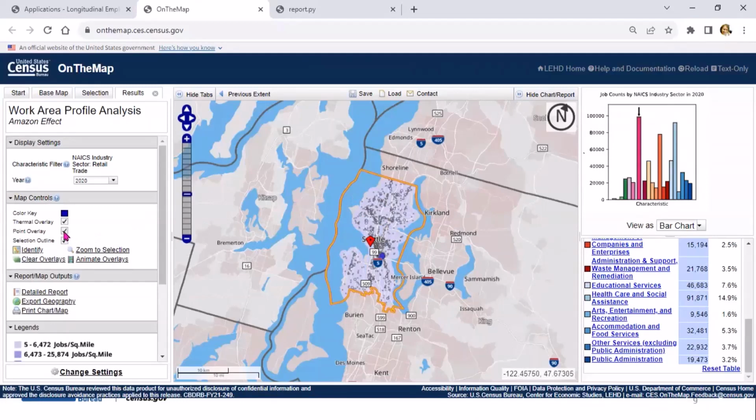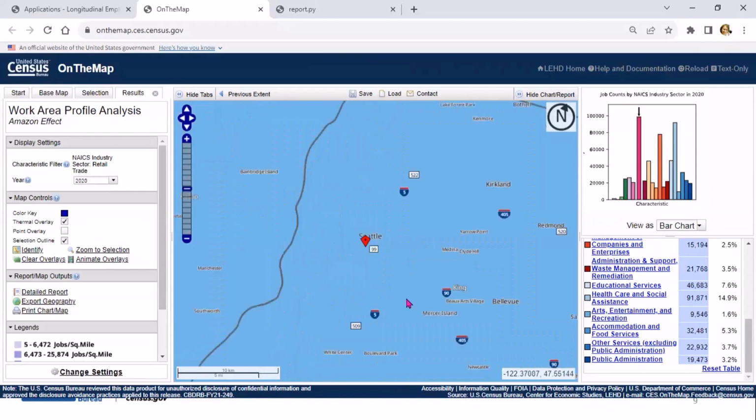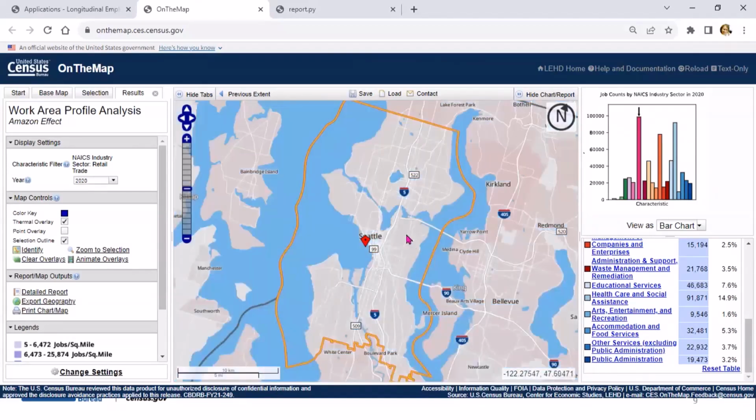So I'm going to take off the point overlay and you can see this area where it's darker in the smaller area. So that is South Lake Union in this area. And then I know that I have a PowerPoint slide that shows the animate, but I'm just going to show you now. And this is just looking at retail trade.